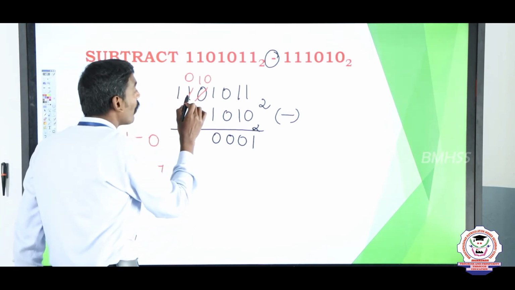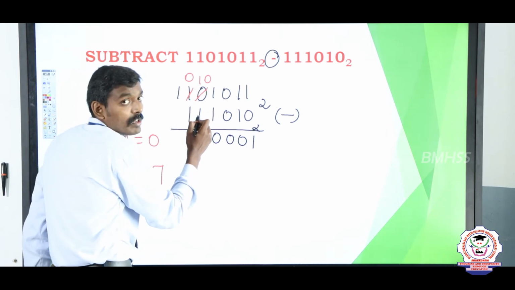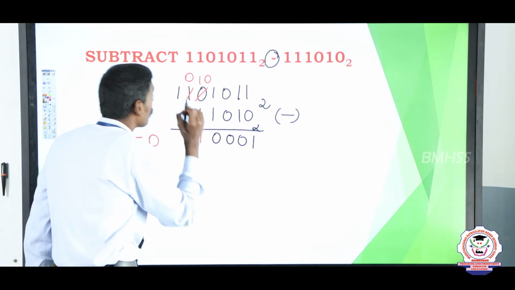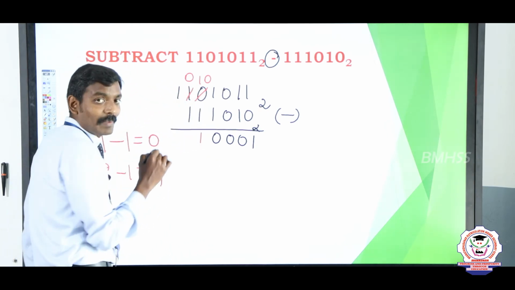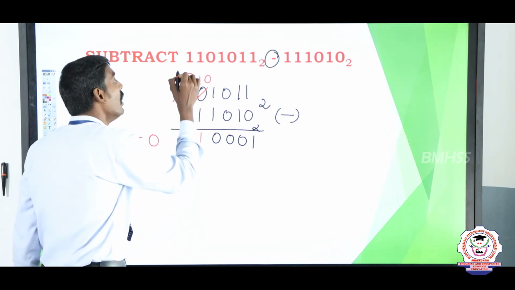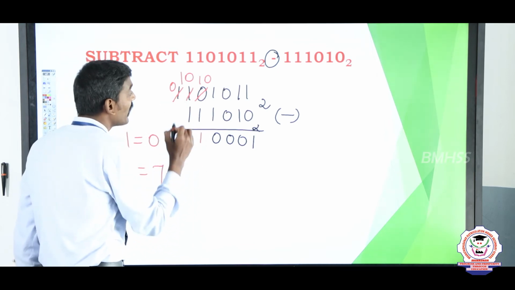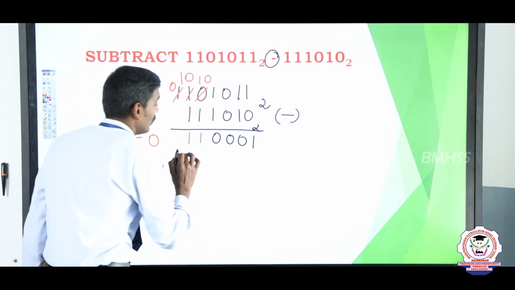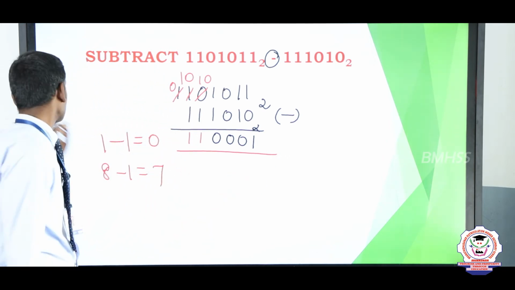So you borrow 1 from the previous position. 1 0 minus 1, we get an answer of 1. And then here 0, 0 minus 1 is not possible, so now we are going to borrow here. This will be 0 and this term will be 1 0. 1 0 minus 1, we get an answer of 1. This is the answer. Are you clear, students?